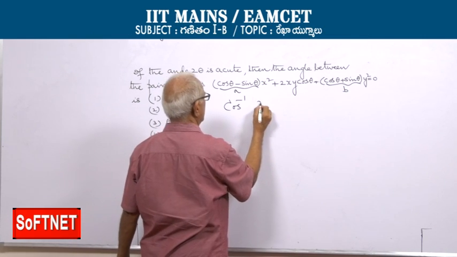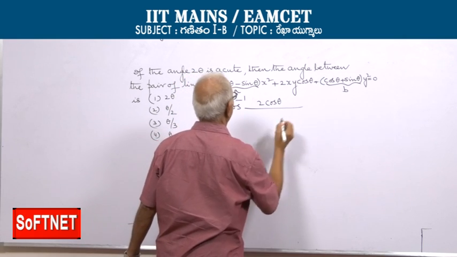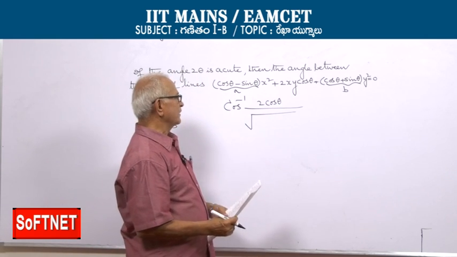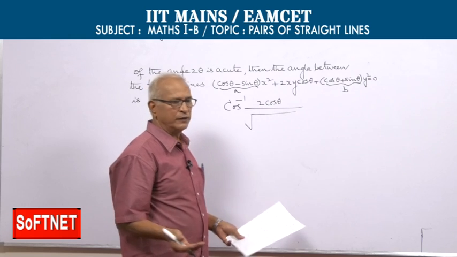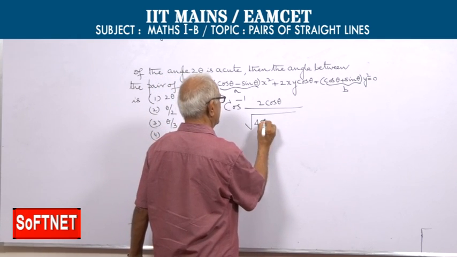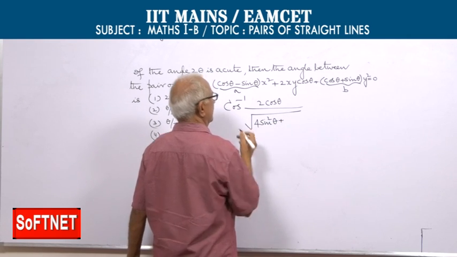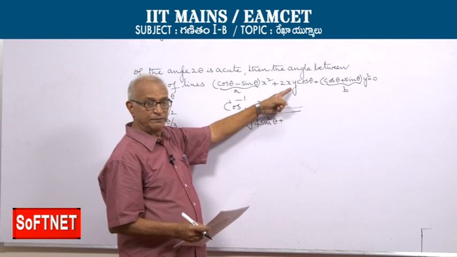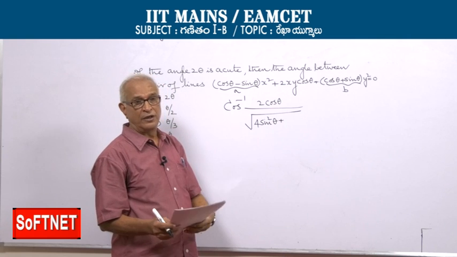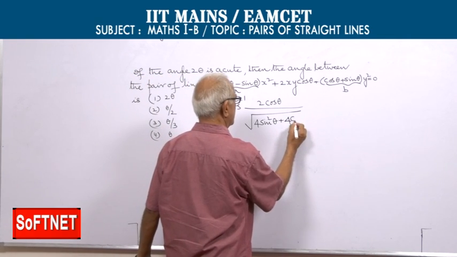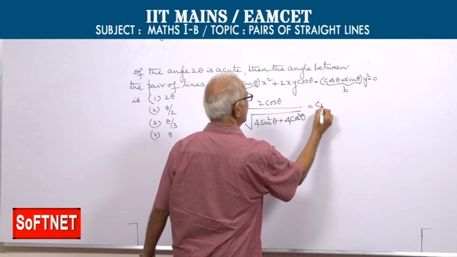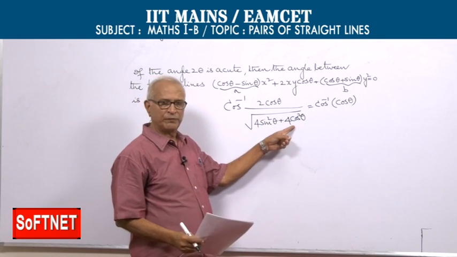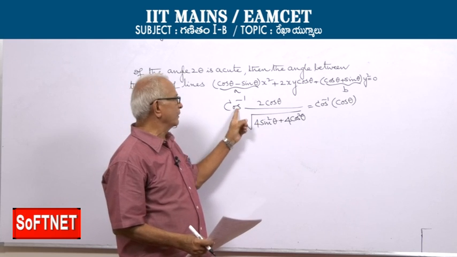A plus b is 2 cos theta, by a minus b whole square. A minus b whole square, that is minus sin theta minus 2 sin theta whole square, 4 sin square theta, plus 2h square, 4h square. 2h is the coefficient of xy. Coefficient of xy is 2 cos theta, that is 2h. So 4h square is 4 cos square theta. Well, one can easily see this is r cosine cos theta, because this is 4, root 4 is 2, 2 and 2 can be cancelled, so r cosine cos theta,